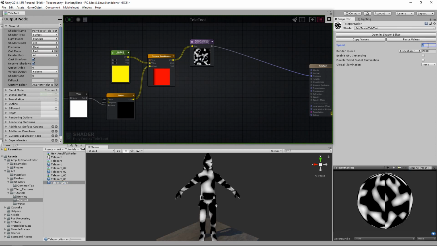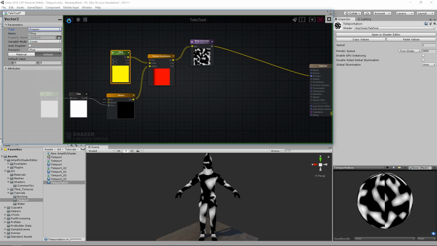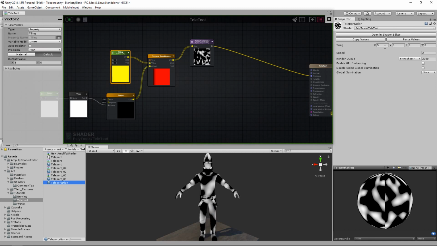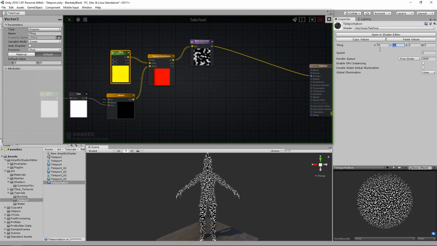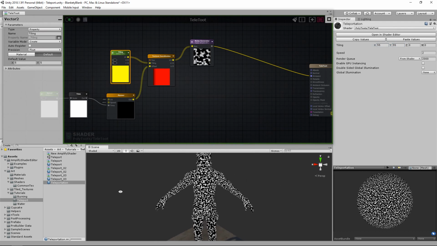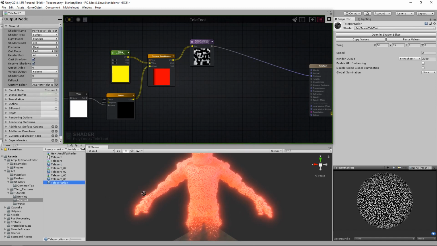so we can increase our speed. I didn't set my tiling, unfortunately, to a property, so sorry. Public property, let's try that again. Okay, so now we have a vector 2. I mean, it displays as, I suppose, a vector 4, but it's only using these two, and so we can do, you know, 55 by 55. It doesn't want to do 55. There we go. Yeah, so you kind of get the idea. It's already kind of similar to what's happening here. So I'll put that one back